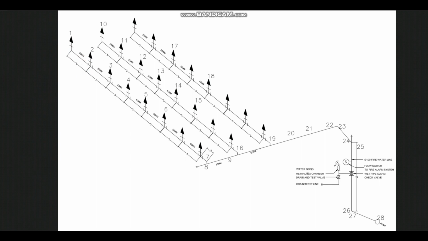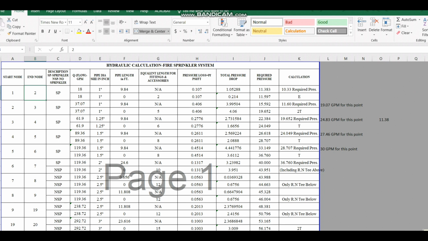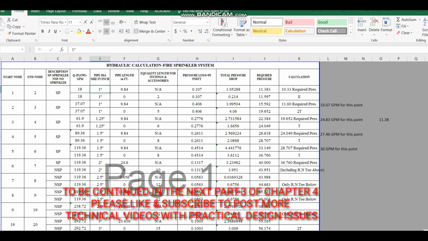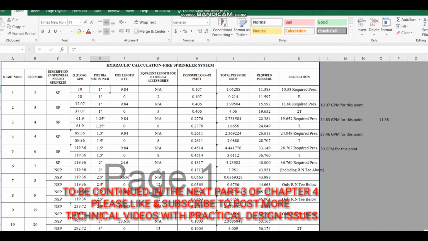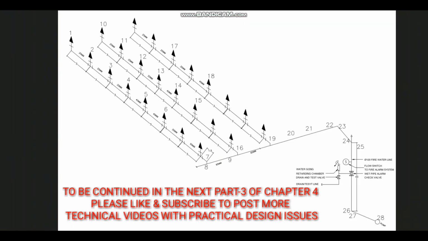So now let's do the calculation. So first 1 to 2, if you see here, 1 to 2 sprinkler pipe, and 18 GPM we just now got from the calculation, 18 GPM and 10.33 psi. So the 18 GPM I consider here, and from node number 1 to 2 both is 18 GPM. Okay, and here the pipe size is 1 inch. Same from here you can see 1 to 2, the pipe size is 1 inch, 25 mm, and coming to the pipe length it is 3